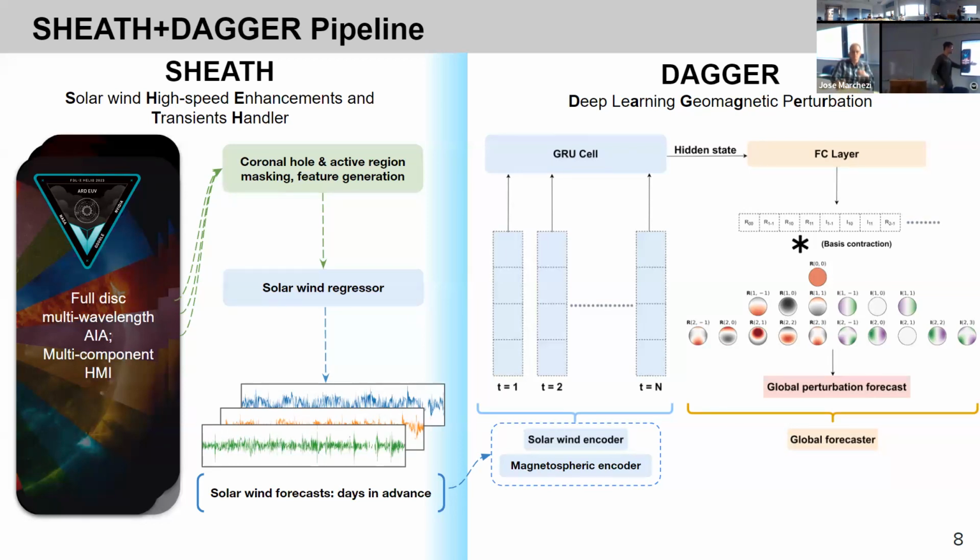We have a gated recurrent unit scheme that looks at the time history of how the solar wind varies, because we all know the magnetosphere is a very inertial system. It looks at the time history to determine what the spherical harmonic coefficients should be in order to best fit the ground truth magnetometer data that exists. And then when you run inference through this whole pipeline, you can, in theory, get from just a reduced sample space of solar imagery to geomagnetic perturbations.